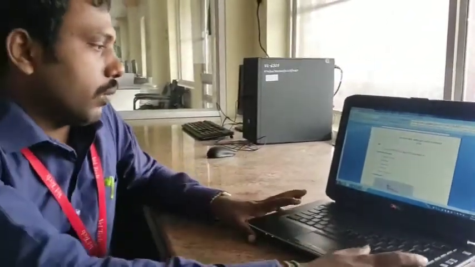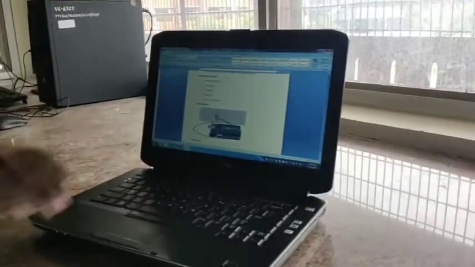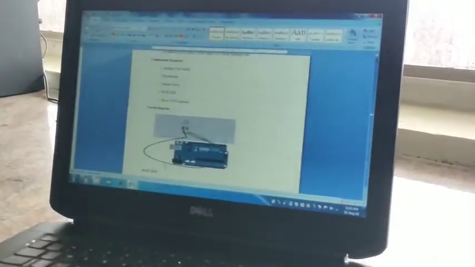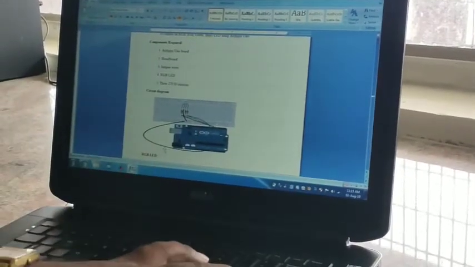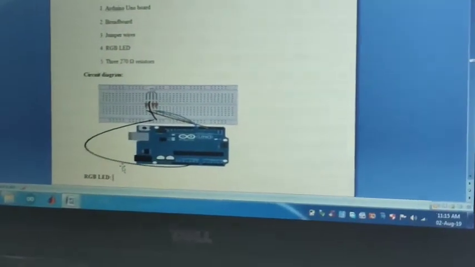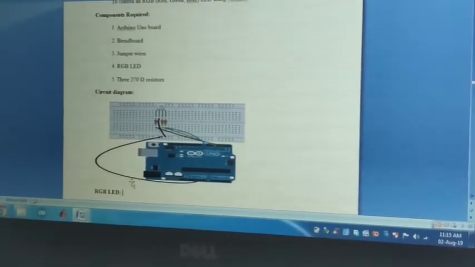This is a typical structure of your RGB LED along with the Arduino Uno, right? Three pins are assigned to the red, green and blue LEDs in a single LED, and the cathode will be connected to the ground, right?